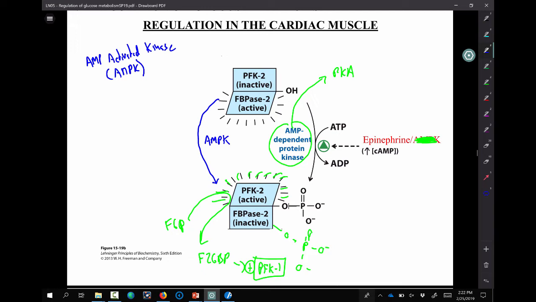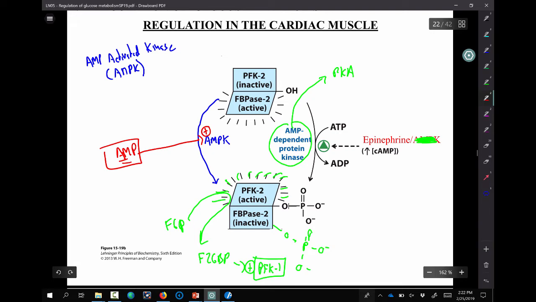And so AMP kinase will activate, it's going to do the same thing. It targets this PFK2/FBPase2. It targets the C-terminal domain, and it will do this exact same thing. Strangely, it only phosphorylates one of the sites. Epinephrine PKA will lead to phosphorylation of both sites. AMP kinase, only one site, though the overall effect is the same. Now understand then, if we're looking at this, AMP, that's our molecule. This is going to activate this.